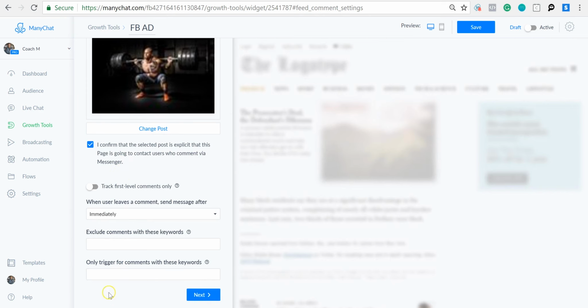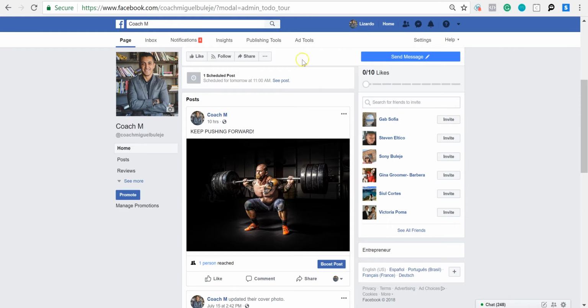Now, everything else I want to leave blank. I don't want to turn this on. I want to leave this on immediately. I want to leave this blank, and this blank, okay? I'm just going to give you an idea. If you turn this on, that means that sometimes somebody will not leave a comment like "free." What they might do is just comment with a hashtag, or tag somebody. So if I see this and think, you know what, this sounds interesting,